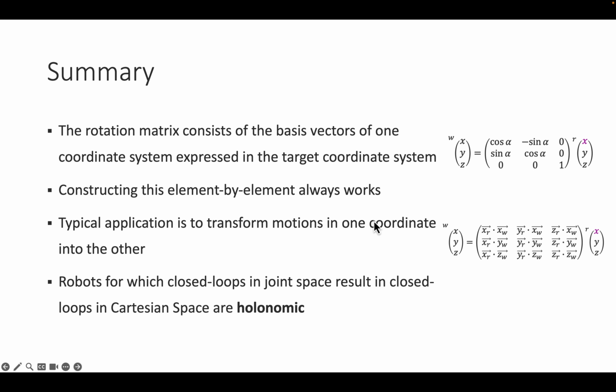All right, in summary, we introduced the concept of rotation matrices, which are the basis vectors of the coordinate system that is projected in another coordinate system. I can use this rotation matrix to project entire vectors and convert them from one coordinate system into the other. I can construct these rotation matrices element-wise by projecting one axis each from one coordinate system onto the other. And finally, we introduce the concept of holonomy, which are robots where closed loops in joint space result in closed